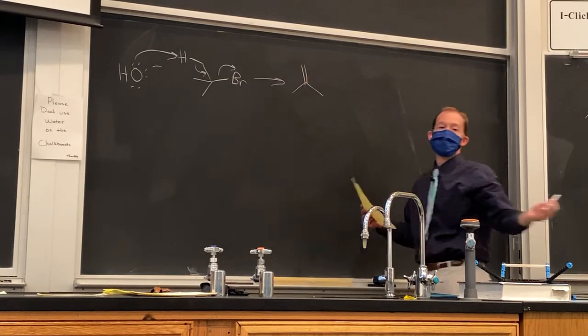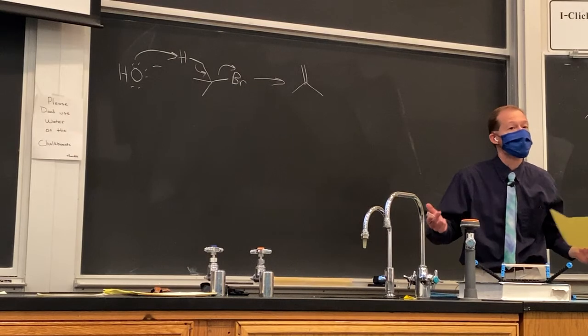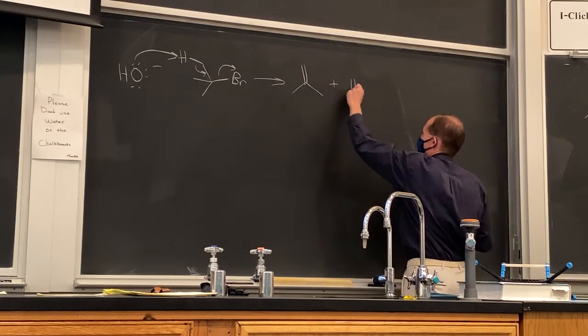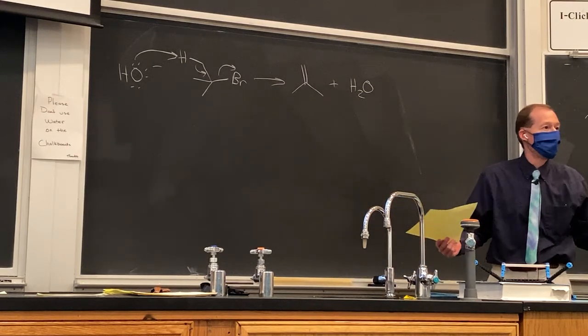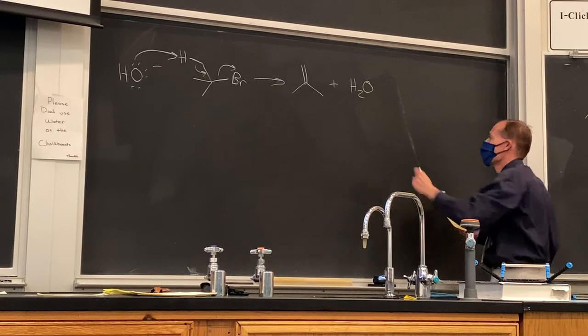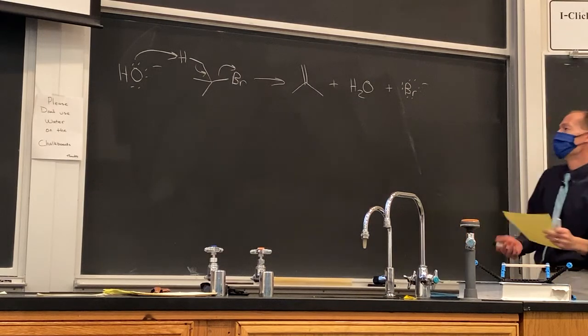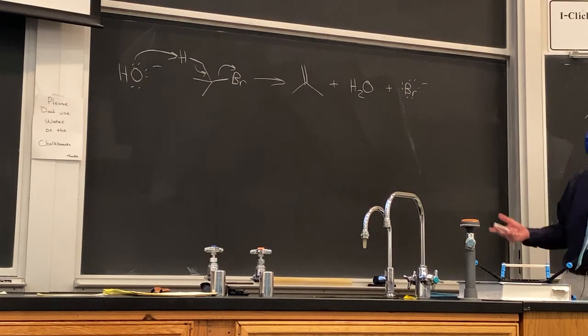In this particular example, we're generating a 1,1 disubstituted alkene, so there's no cis and trans isomers. We're generating the conjugate acid of our base, water in this case, and then we're generating bromide. As I mentioned, there would be a spectator cation going along with our hydroxide, but we just don't show that